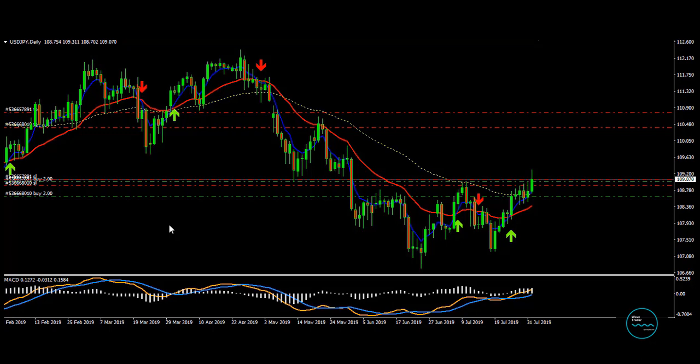I want to show you guys a textbook definition of what a wave trade setup looks like. In this particular situation, I'm looking at a bottom setup. Now, this is the daily chart for the US dollar Japanese yen pair, and